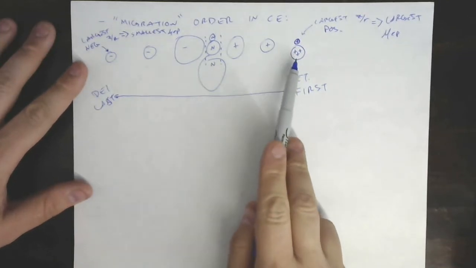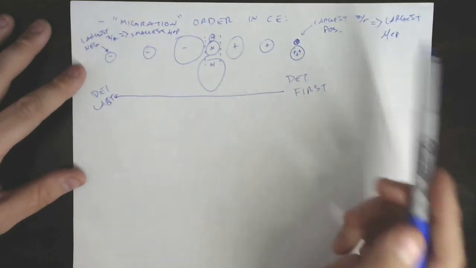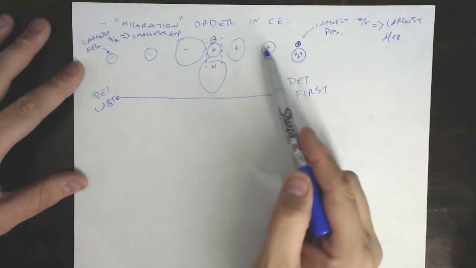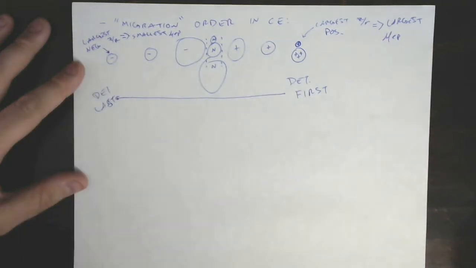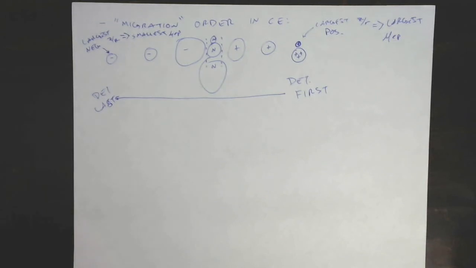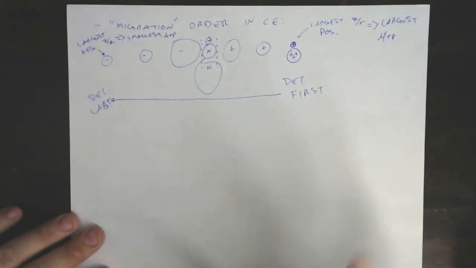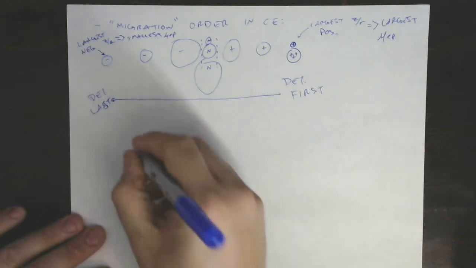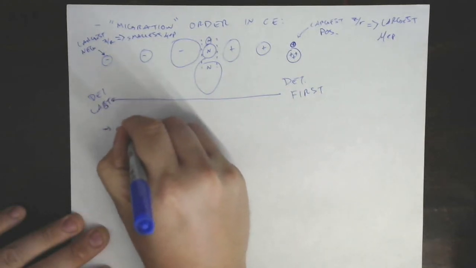So it goes exactly as we would predict. We just have to remember that the absolute value is not what we're talking about. We're talking about the actual relative size, right? A really large positive number all the way down to a small negative number, all the way down to a big negative number, okay? That's our migration order. We talk about the velocity of these things, not as their electrophoretic velocities. We talk about it as, so let's talk about velocity